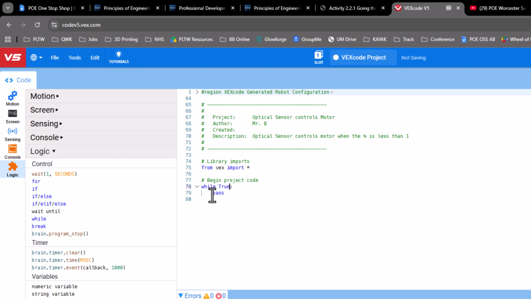For the word pass, this is going to be where I start my if and else statement. So I'm going to delete the word pass. Just highlight it and press delete. And I'm going to grab my if else right here and just drag it over. So for my condition, what I want is for when my optical sensor is less than 1,